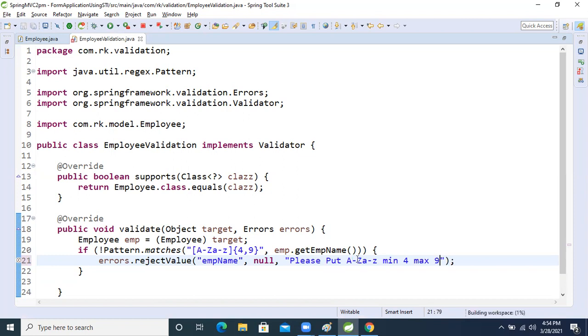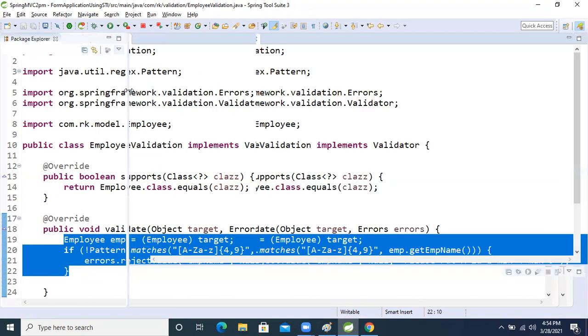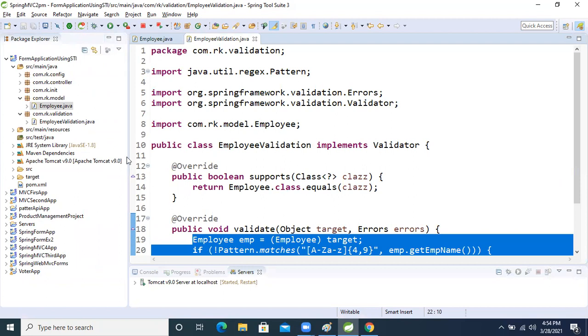This is the message we want on our form page. Now I have validated only one field. Let's see whether we are getting the result or not.